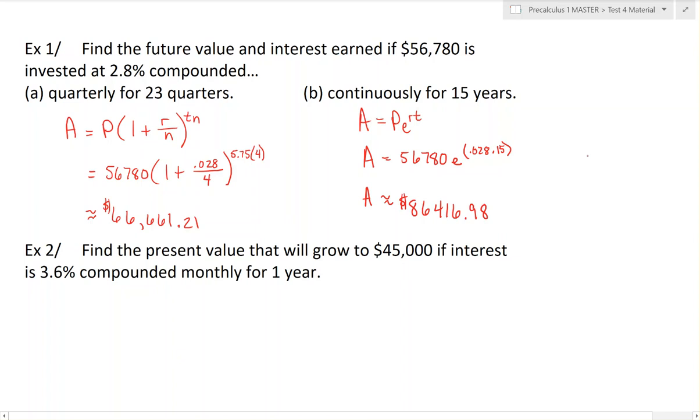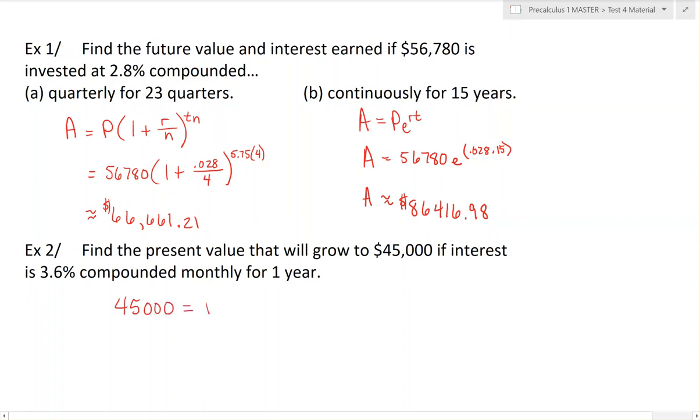Alright, so not only can we use the formulas that way, but we can find the amount we should put into an account in order to earn a certain amount of money by the end of our investment time. So that's what this next example is. Find the present value that will grow to $45,000 if interest is 3.6% compounded monthly for 1 year. Okay, so finding the present value that will grow to an amount of $45,000,